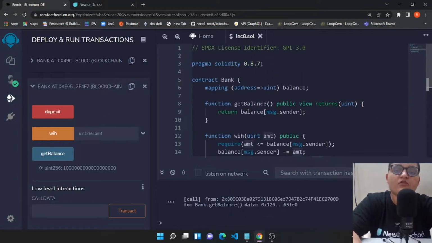Now we need to withdraw the money. So we have seen that if we pass an amount more than what we actually have, then we won't be able to withdraw. So let's just copy this particular unit, because I'm not sure right now whether it will be taking in ethers or in wei. So let's just convert this into 2 and let's check this out.